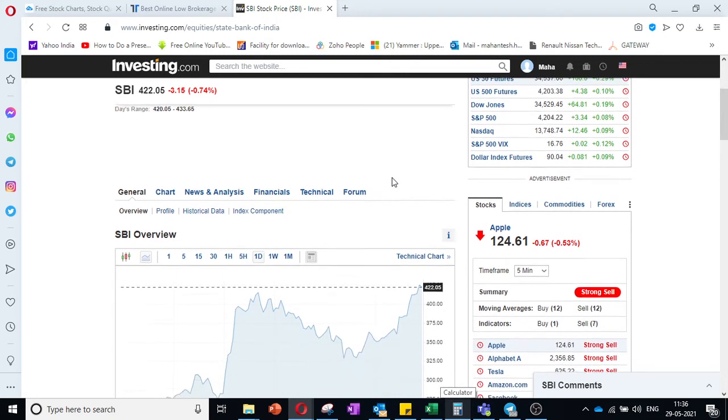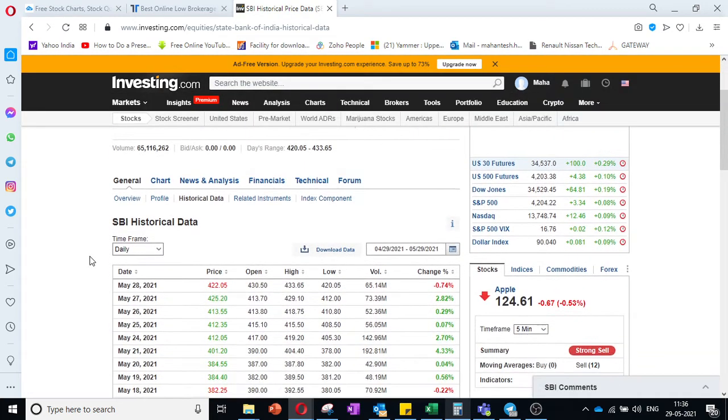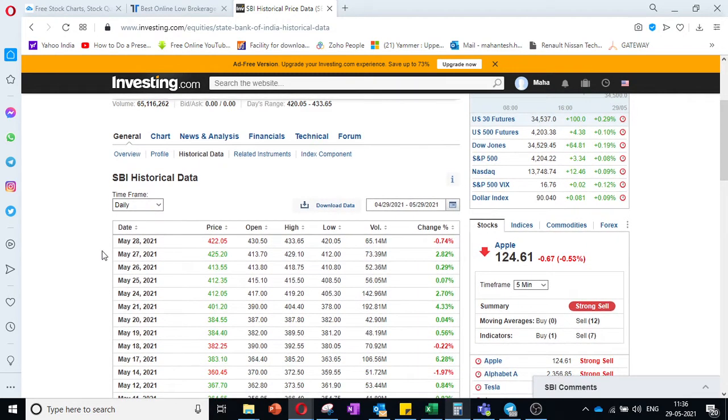So I'll show you what the price movement in a day is. You go to investing.com. Here you go, open this website. You go to historical data. In historical data, it gives day by day what the price movement is. You can see here high is 433, low is 420, and closing is here. So every day, if you see the movement,